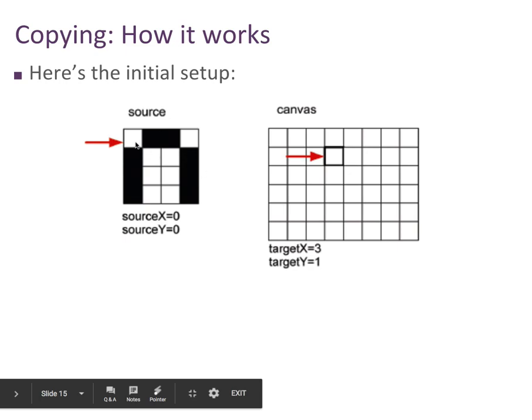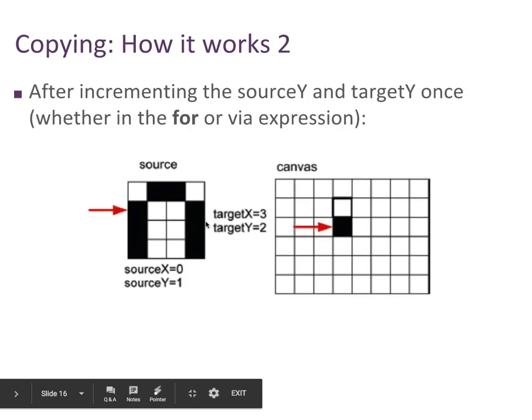And the impact of that is that now when I start at 0, 0 in my source and say, this is just a small example, if my target X starts at 3 and my target Y starts at 1, what happens is it's going to copy the color from 0, 0 in the source to 3, 1 in the canvas. Then it'll increment Y in the source and Y on the canvas, the target Y. And so now it's going to copy 0, 1 onto 3, 2, and it does that all the way down